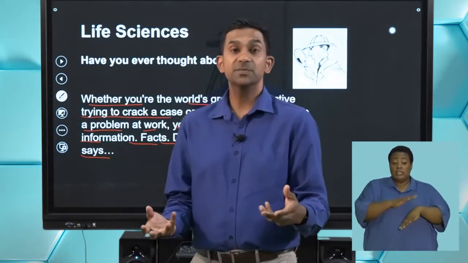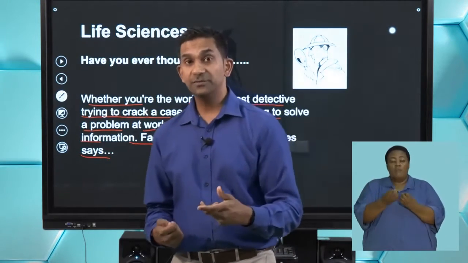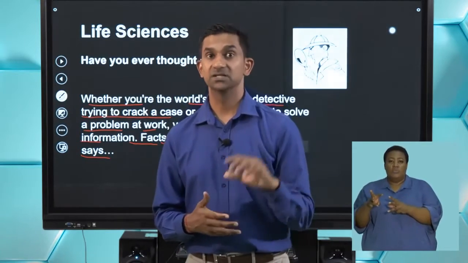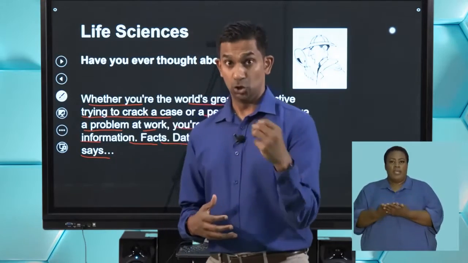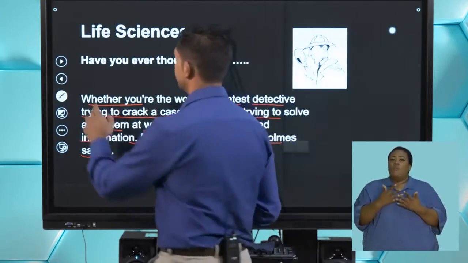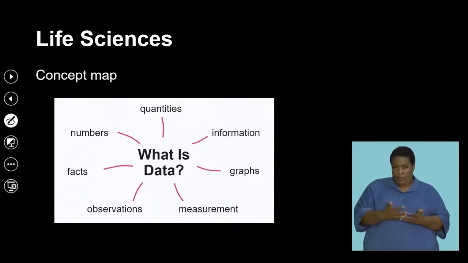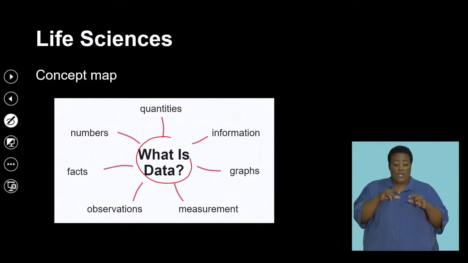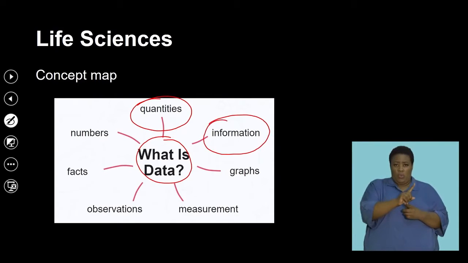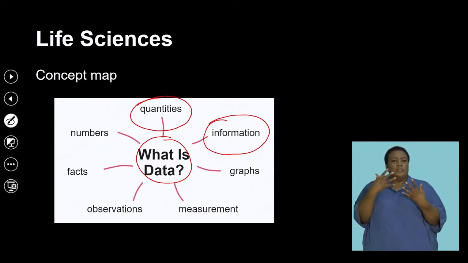When conducting an experiment, there's lots of information that we see. So there's different types of data that we can establish. So let's look at how we look at data, how we interpret that data, and how we present that data. So as we're going to look at in today's lessons, we've got to discuss what is data. We've got to look at what are quantities of data, how information can give us data, how information is presented